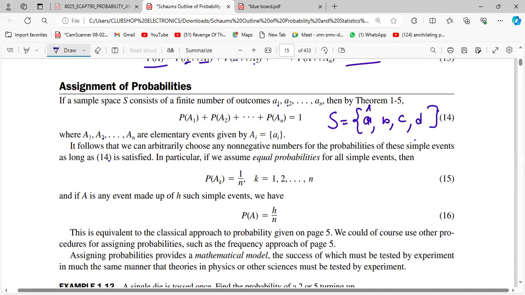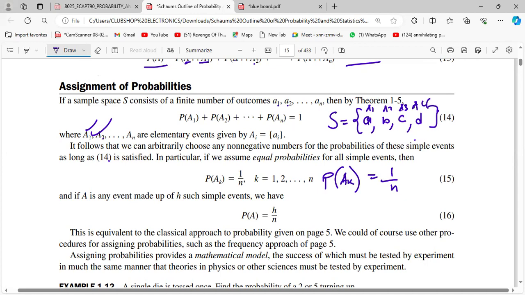Which is like A1, A2, A3, A4. This is what we are talking about here. All right? Then we are saying the probability of AK, where AK means 1 over N, is equal to 1 over N, where K is 1, 2, up to 4. So,